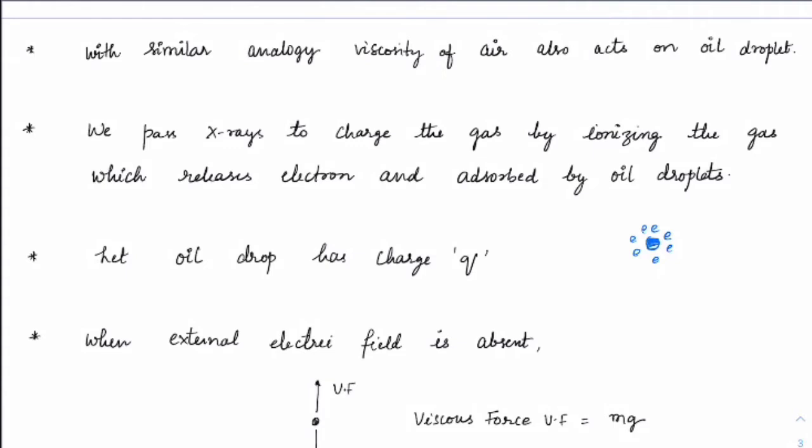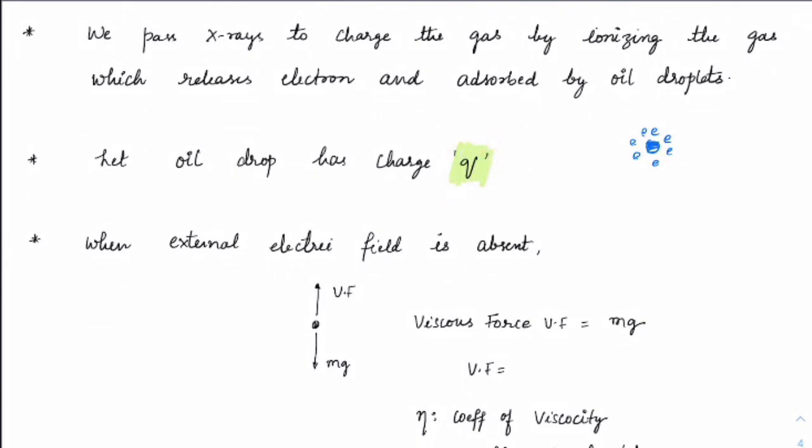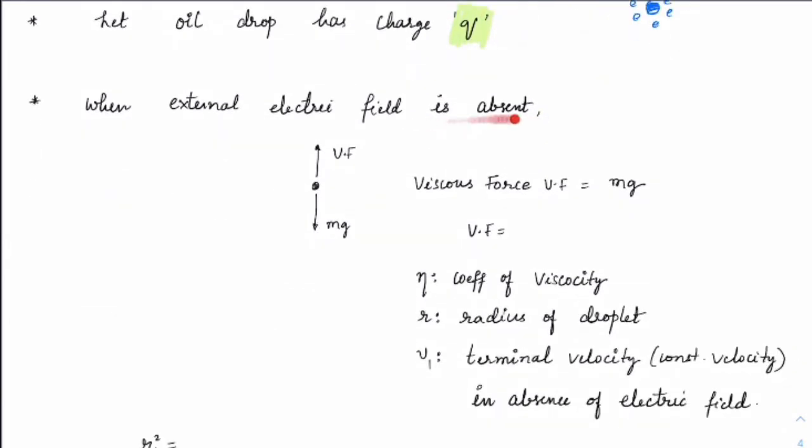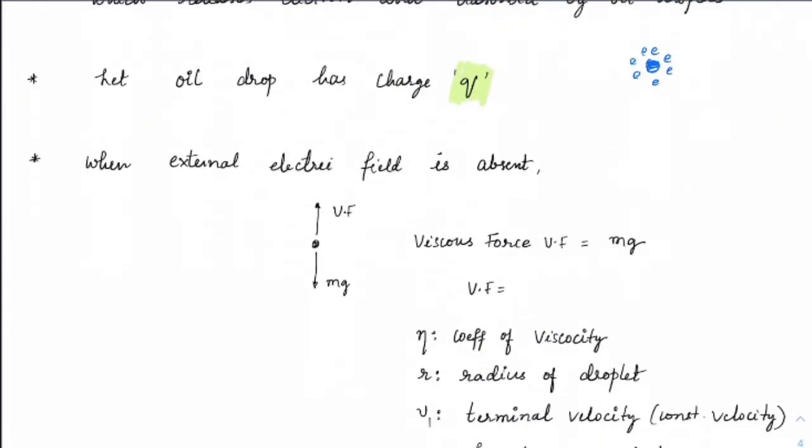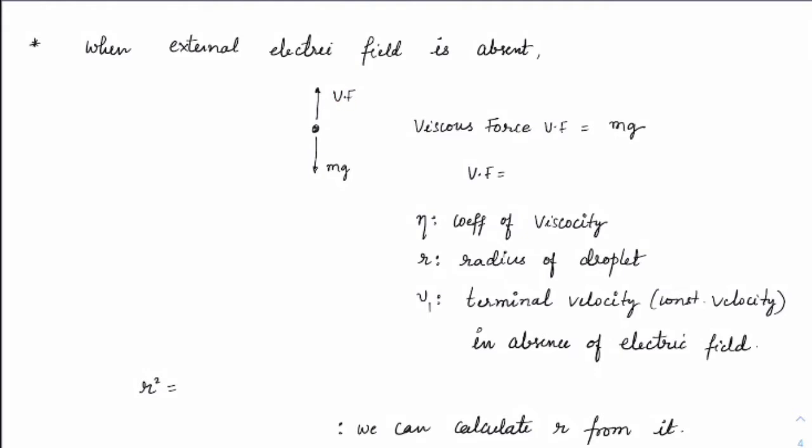Okay. Now let us assume the total charge on the oil droplet is Q, because there might be a bunch of electrons that have accumulated on the oil droplet, and I'm calling that charge Q. And when the external electrical field is absent, imagine I have not connected it, so I'm taking two situations. First, the external field is absent. In that case, when the oil droplet is falling down, it is falling because of gravity, so it would have mg, and viscous force will be acting opposite to that, more like a buoyant force also. So viscous force would be equal to mg, right?